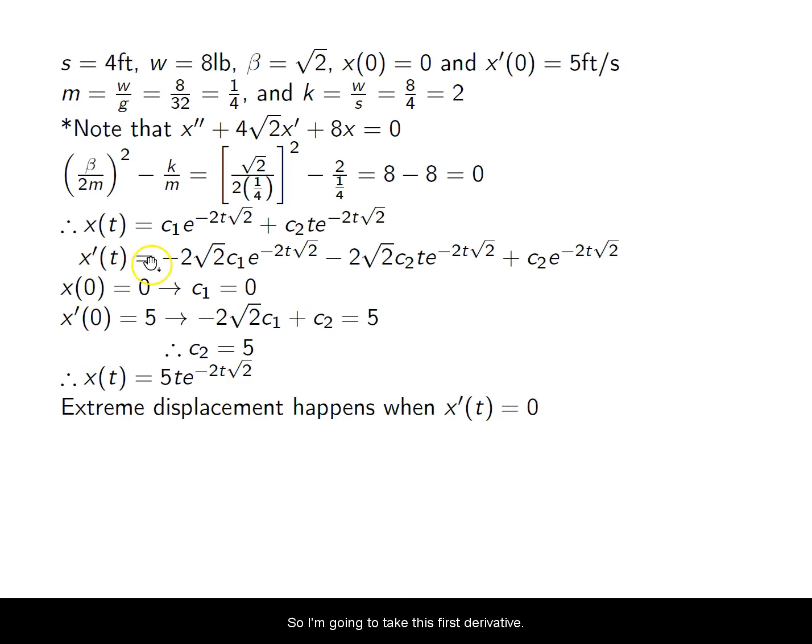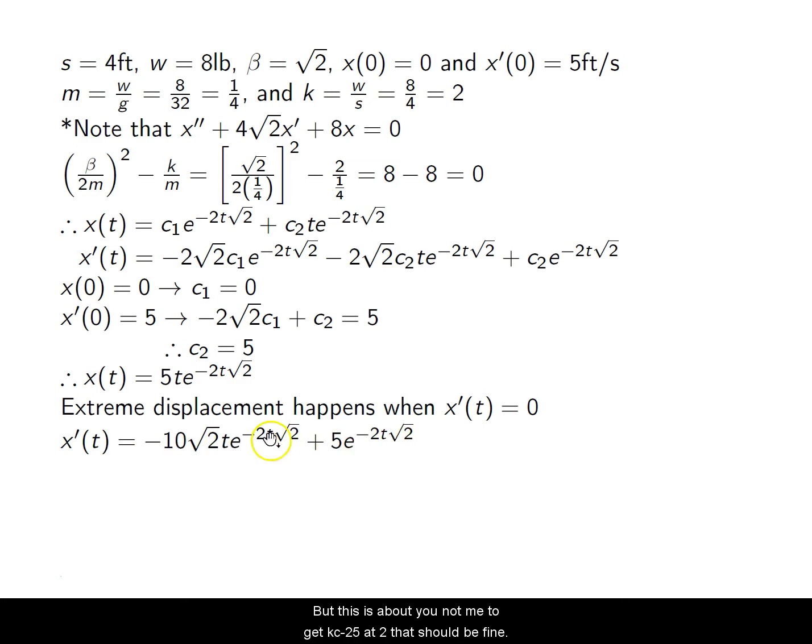So I'm going to take this first derivative for this one. Gotcha, right? And I'm going to set it equal to 0. So let's differentiate this. Basically, all the terms I had c1 go away. This goes away. I'm basically going to have this, but instead replace c2 with 5, right? Because c1 is 0. So I can use this, or I can do this all over again. It doesn't really matter, okay? But this is the value that I'm going to get,